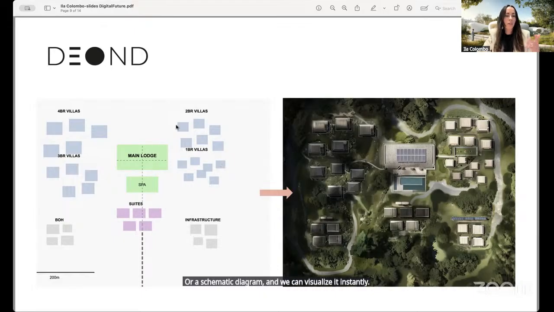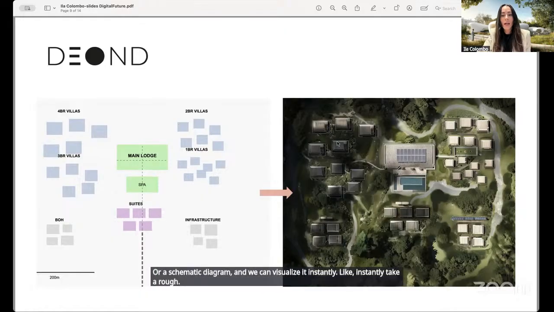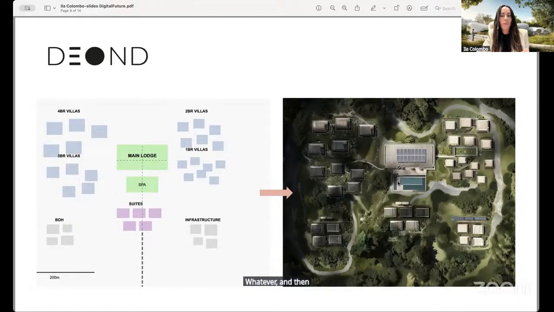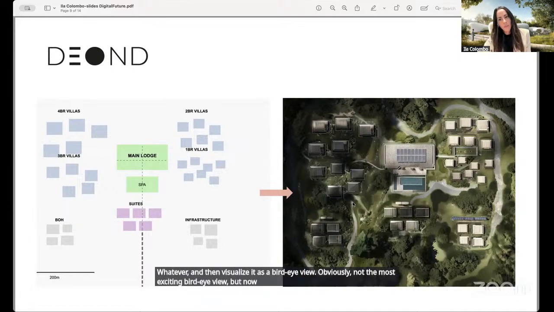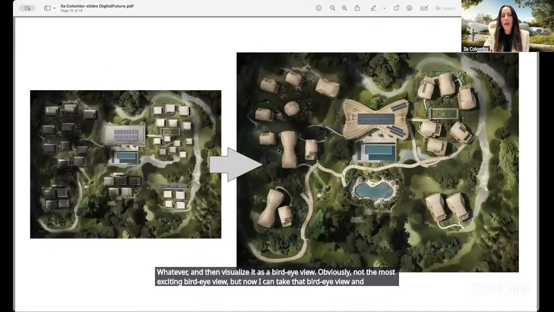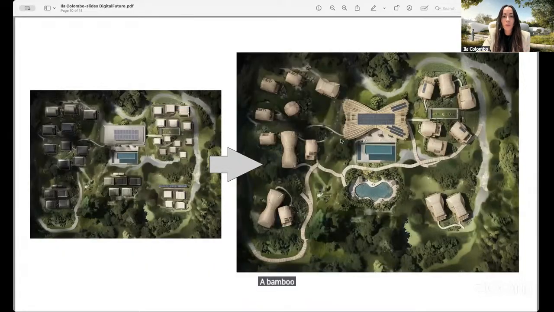Like instantly take a rough whatever, and then visualize it as a bird's eye view. Obviously not the most exciting bird's eye view, but now I can take that bird's eye view and go through several iterations and say the client wants a high quality bamboo resort, which is eco-friendly and also has a solar system and so on. I can get as far as the final product, basically, just from that framework.